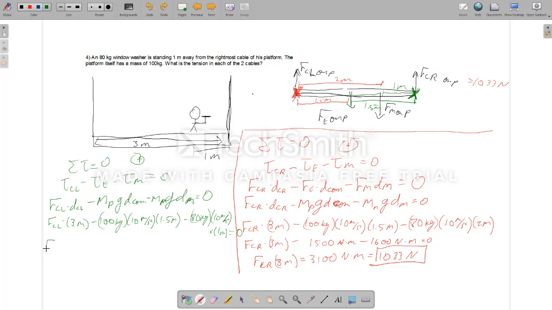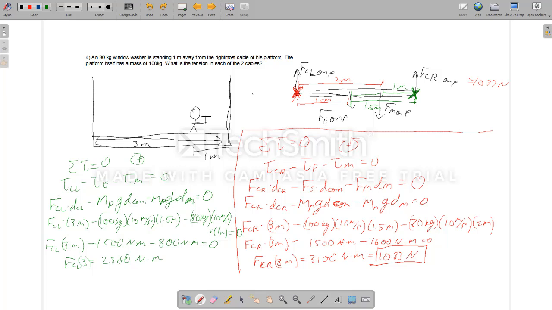So solving it out, we have force cable left times 3 meters is equal to the same thing, 1,500 Newton meters, minus 80 times 10 times 1, so this is just going to be minus 800 Newton meters. That is all equal to 0. So adding these two things together and moving them over to the other side, our force cable left times 3 meters is equal to 2,300. Oops, I forgot my times 3 meters here. So we divide both sides by 3,